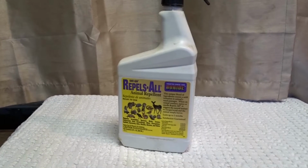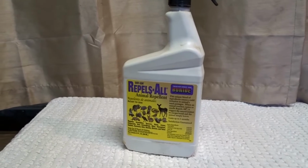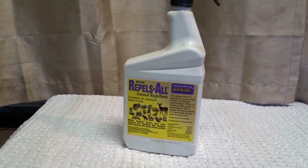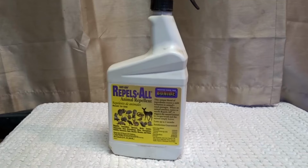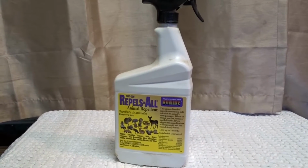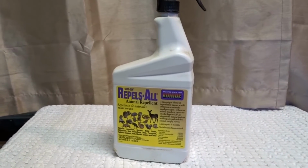So I put up a little fence. I had a fence up, but it was just a gate where you can just climb through if you were a little animal. And I put up a little short, tinier fence that had small, tiny holes in it, just enough so they couldn't get in. But lo and behold, they still found their way in. Sneaky little guys. They're really tricky about getting into an area for them to graze on grass and stuff. So after trial and error of all kinds of different ways of trying to keep them out,